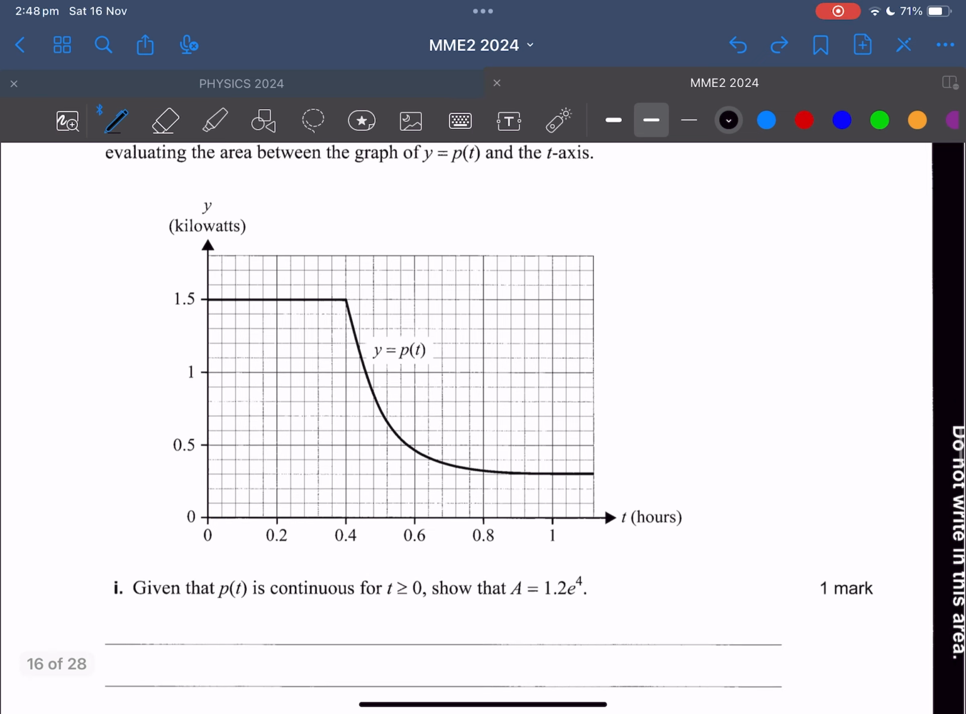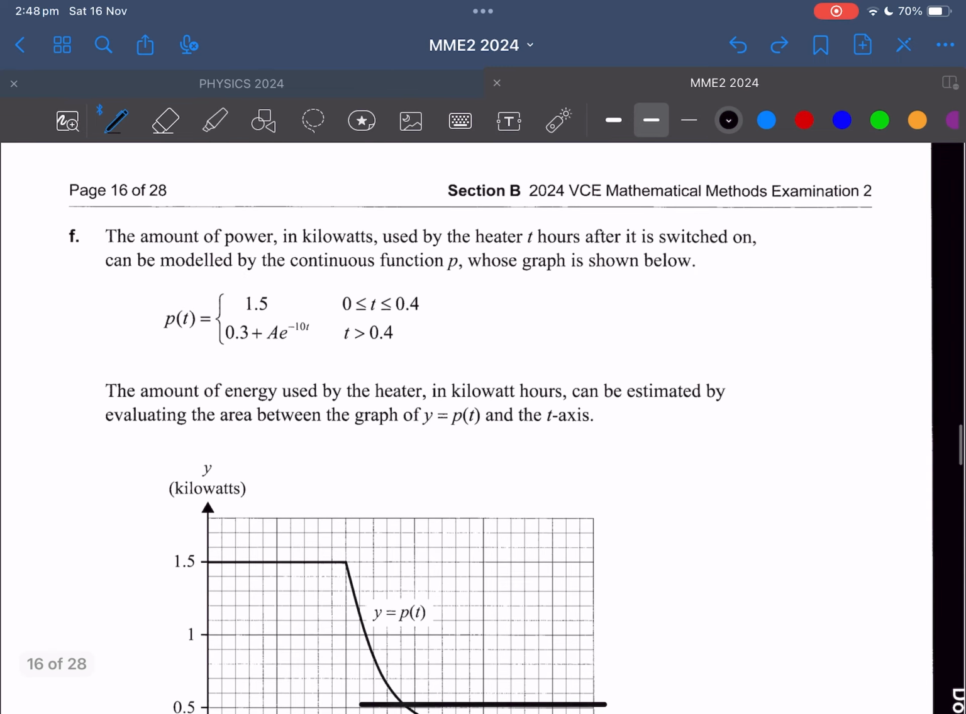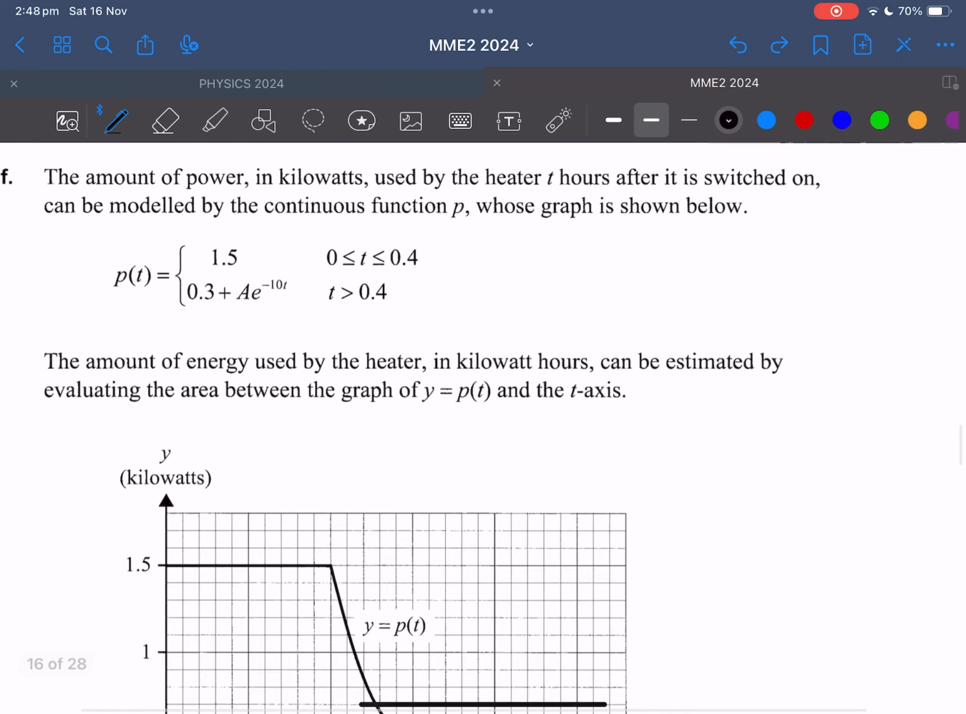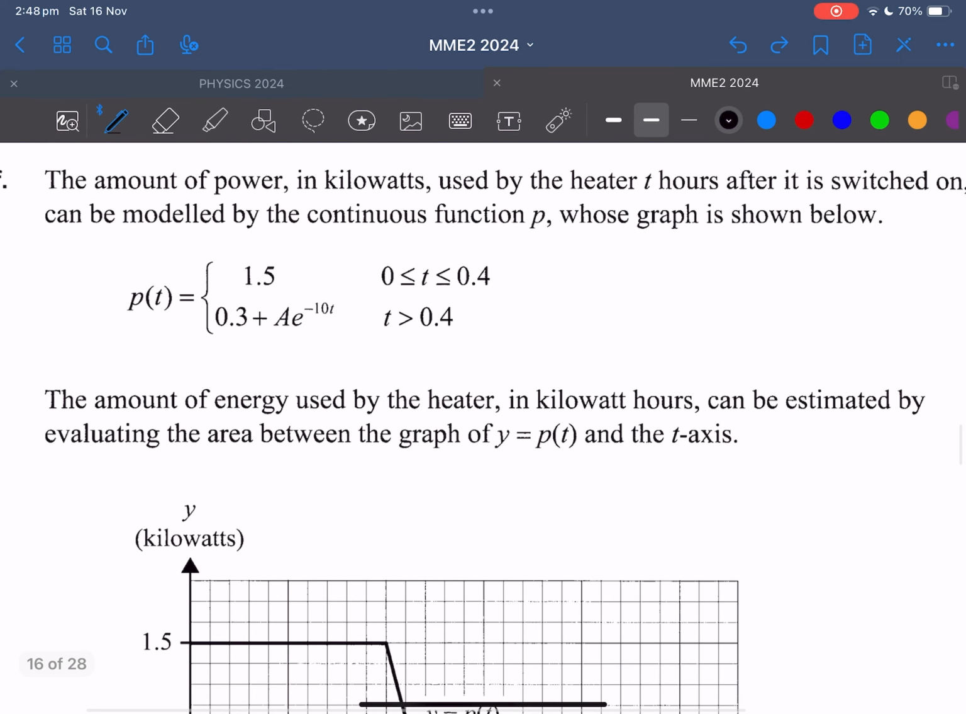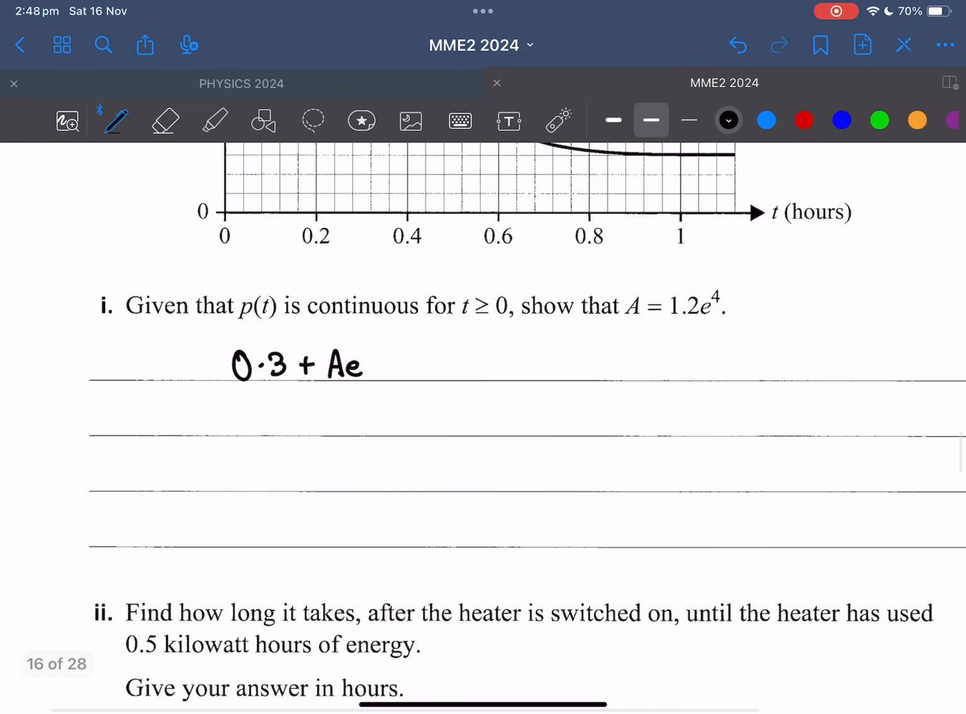Now, given that P is continuous, show that A is equal to 1.2 times e to the power 4. So if P was meant to be continuous, that means at t equals 0.4, this part over here would equal 1.5. So let's use that information to find the value of A. So we have 0.3 plus A times e to the power of minus 10 times 0.4